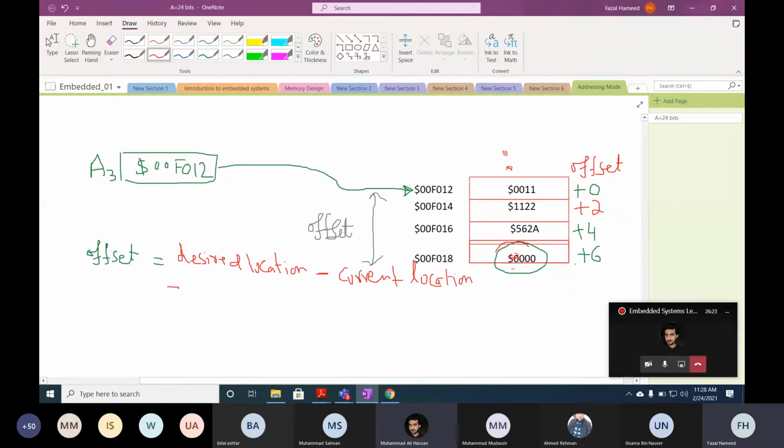So the offset is equal to the address of the desired location minus the address of the current location.